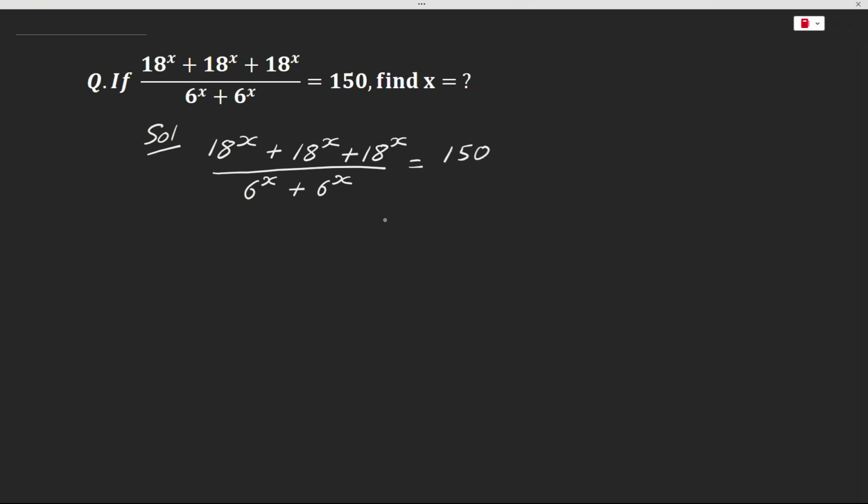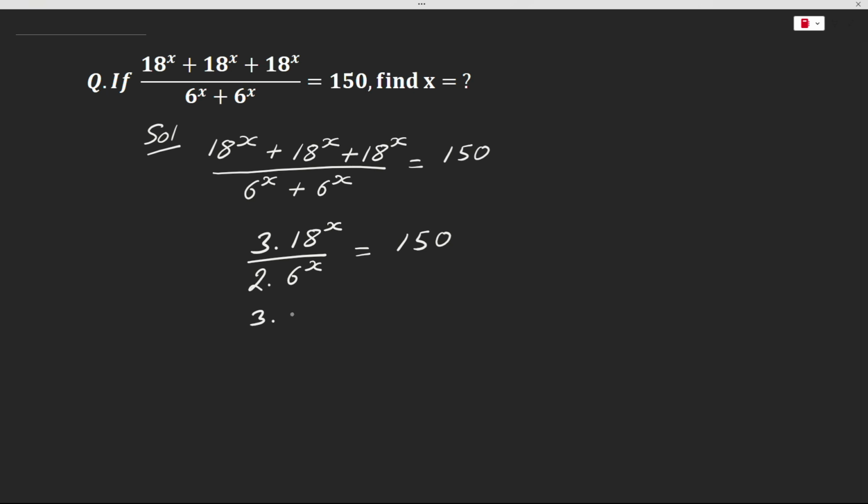150. This equals 18^x + 18^x + 18^x, which can be written as 3 times 18^x, divided by 6^x + 6^x, which can be written as 2 times 6^x, equals 150. Now multiplying both sides by 2 by 3, we can write this as